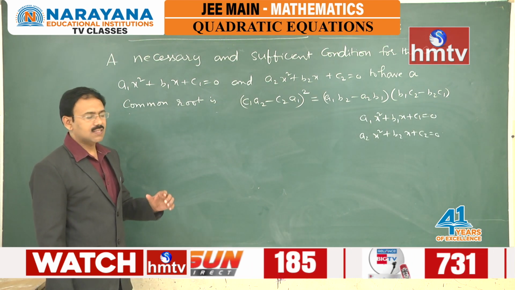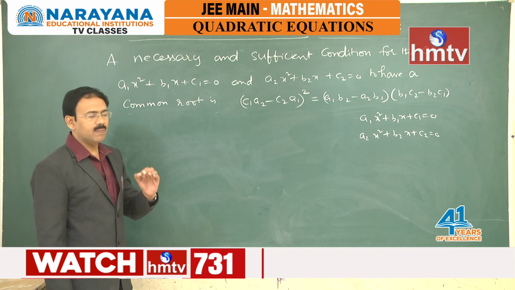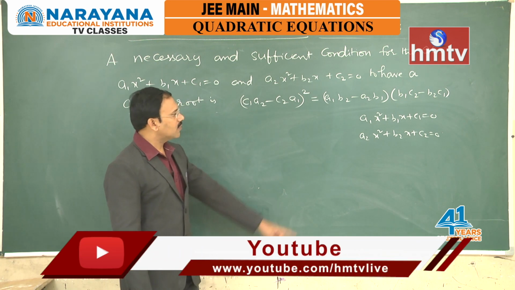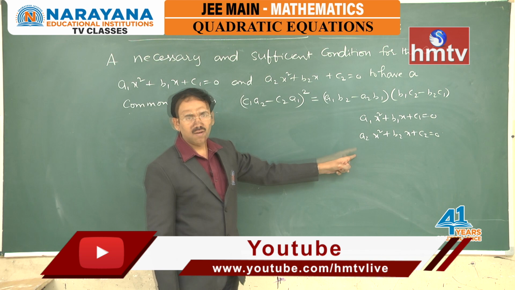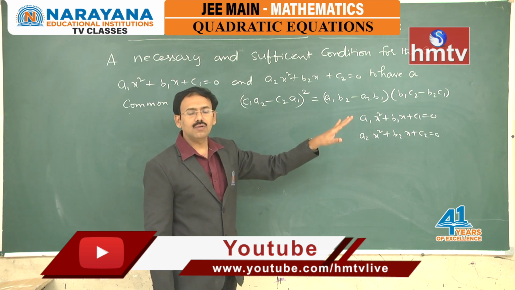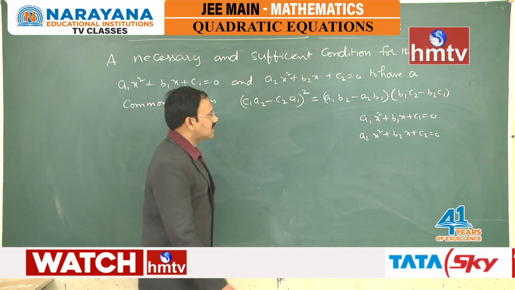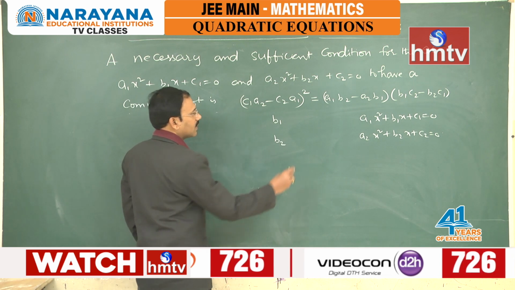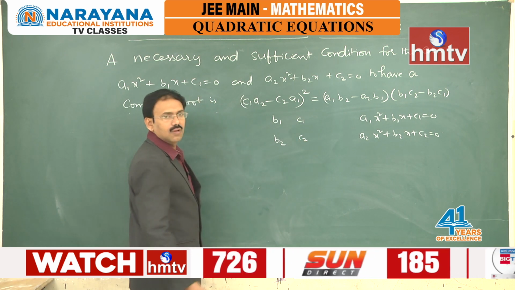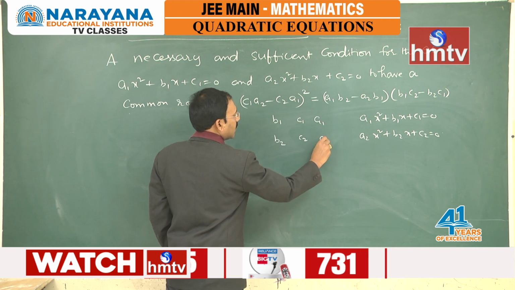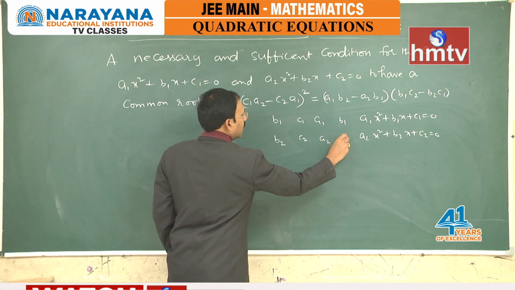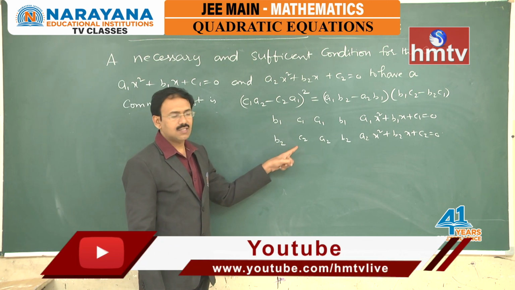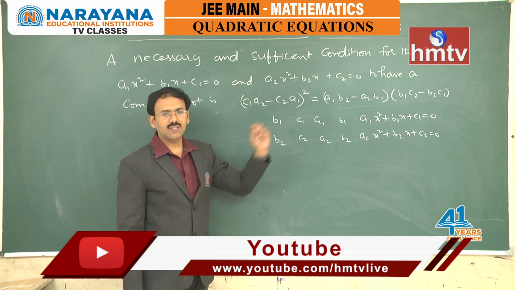Now, I will suggest a memory technique, a simple procedure to remember this particular formula. Suppose these are the two quadratic equations given. Suppose given that they have a common root called alpha, then you just try to write first coefficients of x like b1, b2, then constants c1, c2, x square coefficients a1, a2, and repeat the first one b1, b2. You see, I have written x coefficients, constants, x square coefficient, and repeat the first one.